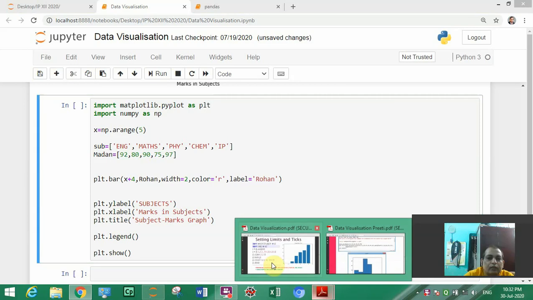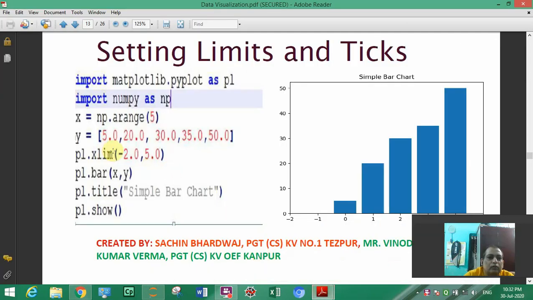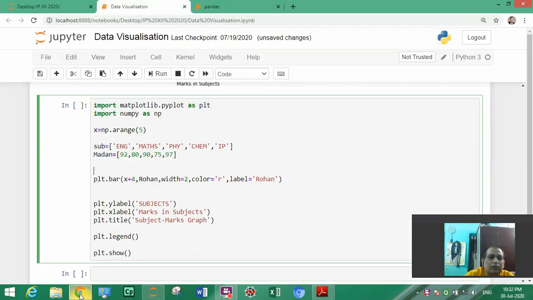Then you have to, marks is already there, x limit we have to change. For this we have to write plt.xlim. The x limit will be from -2 to 5, so we will take this one.